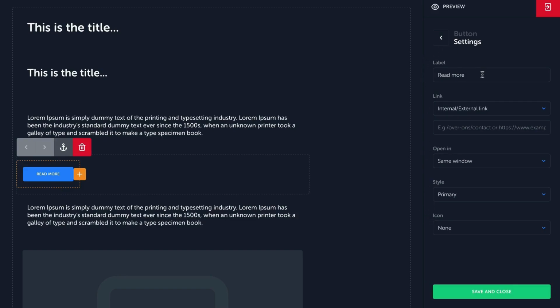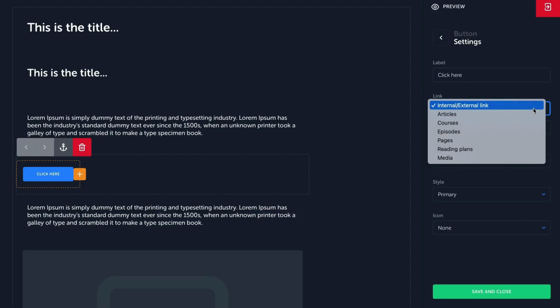For the label, you can choose a name for the button. An example, click here. For the link, you can choose the page you want to link the button to. For example, an internal link would be an internal page. Or if it is a button that's meant to link the viewer to a different page from this website, then